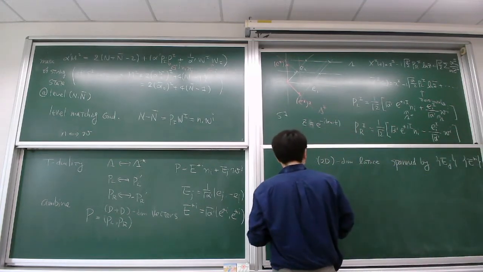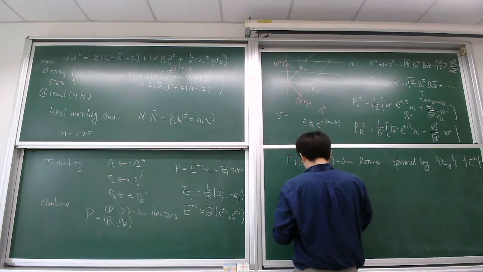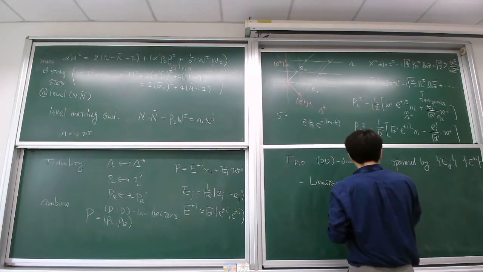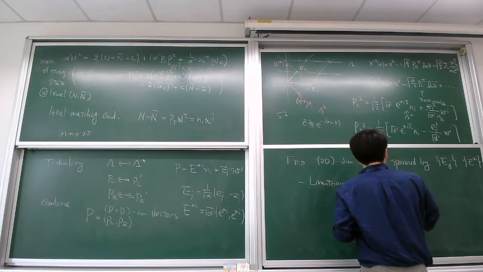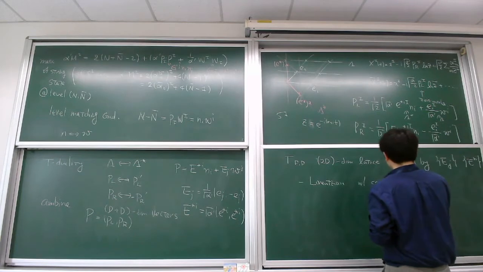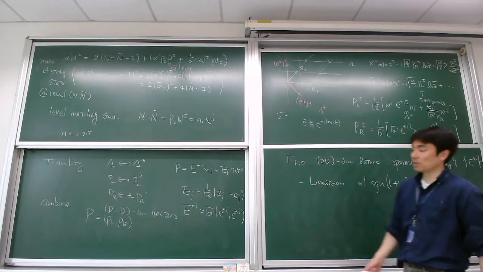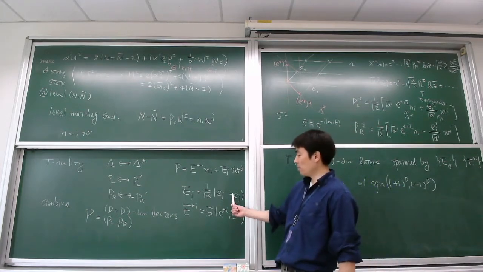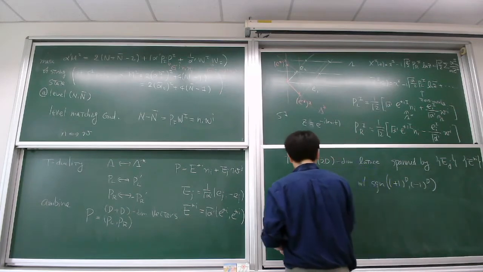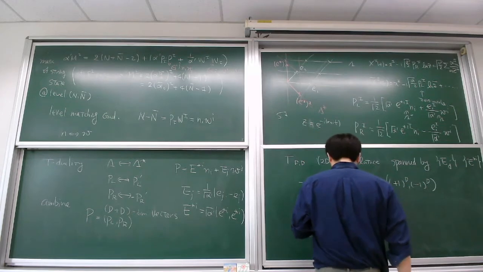If you use the Lorentzian metric with signature plus 1 to the D and minus 1 to the D, you can easily see plus from here and minus from here. And also it's integral, which means that